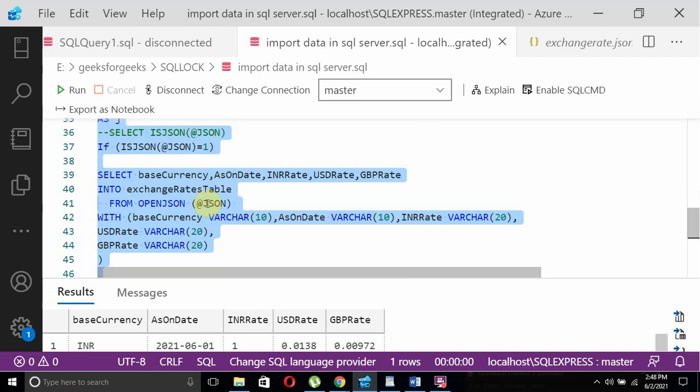Automatically, at a certain time in a day this procedure has to run, and it will keep retrieving the data from the exchange rate API and populating that JSON file, and from the JSON file it will be read and stored into the table.